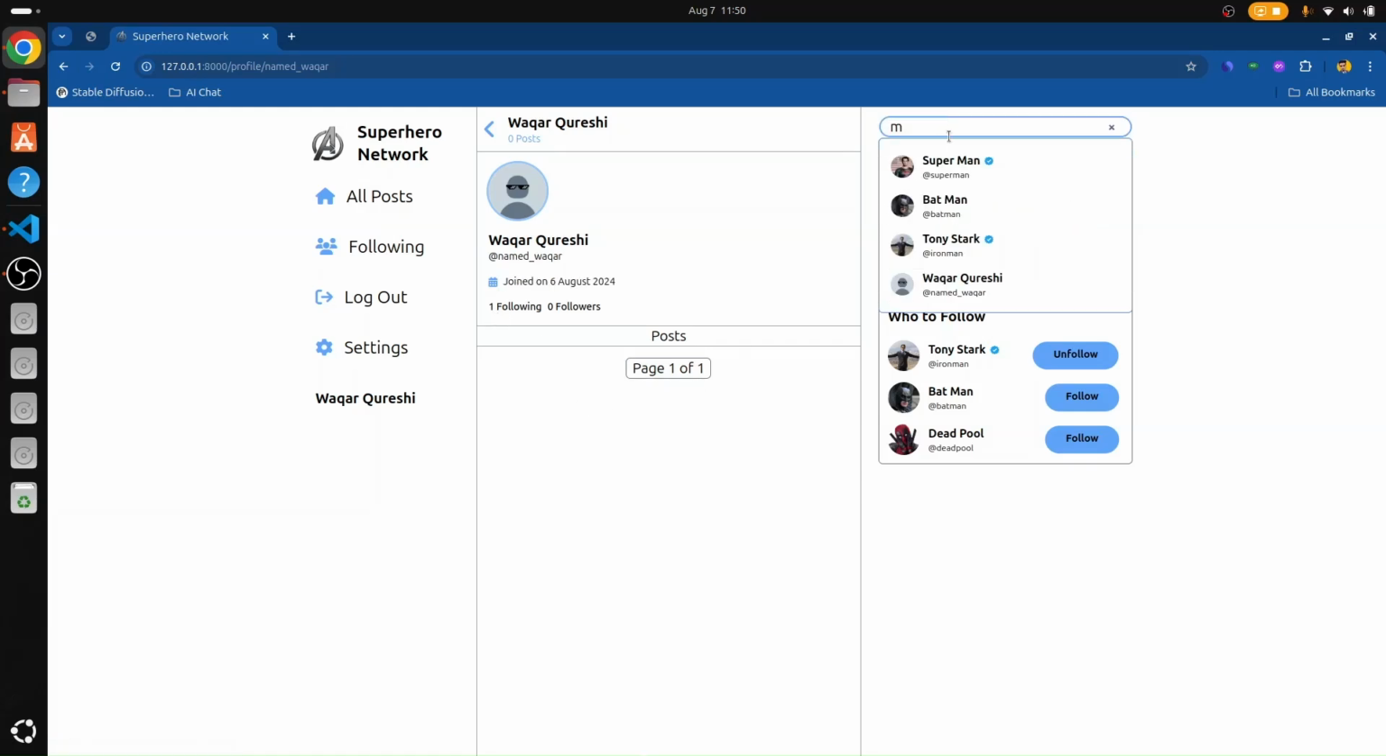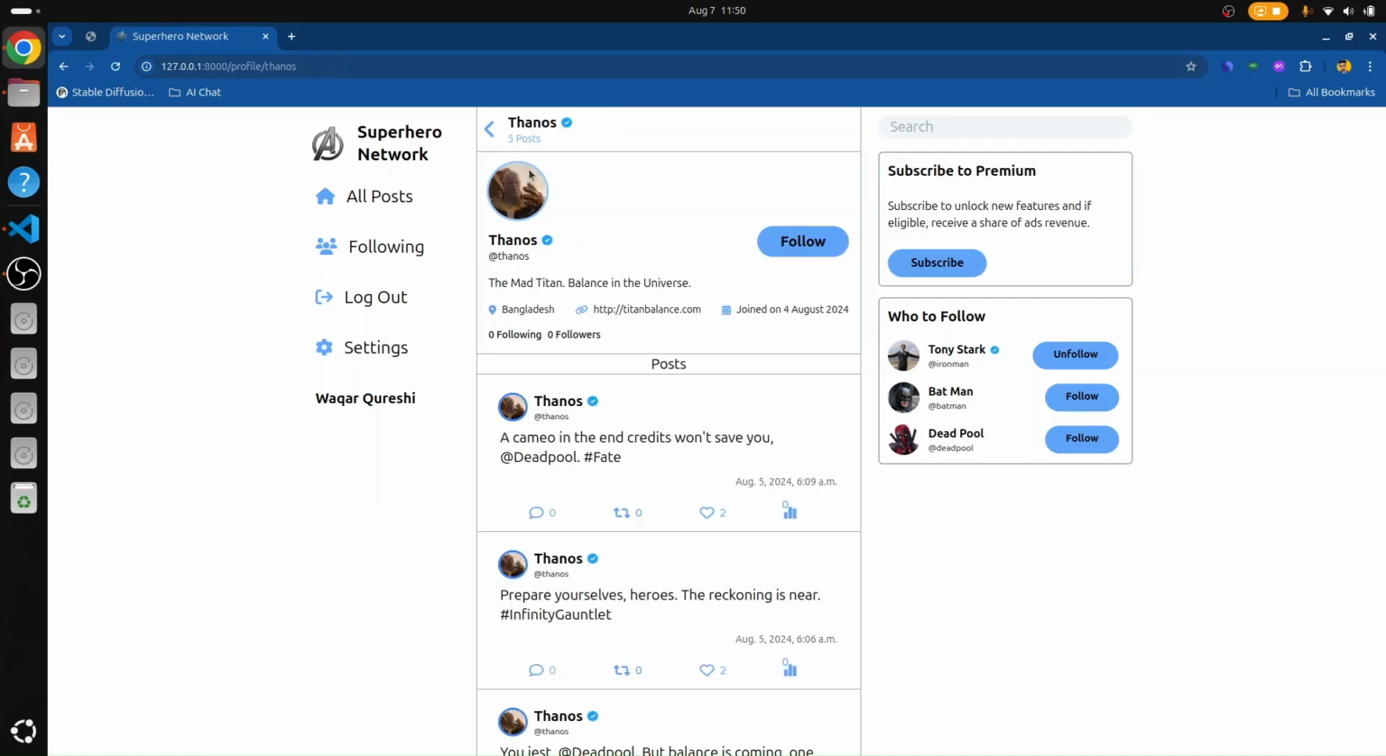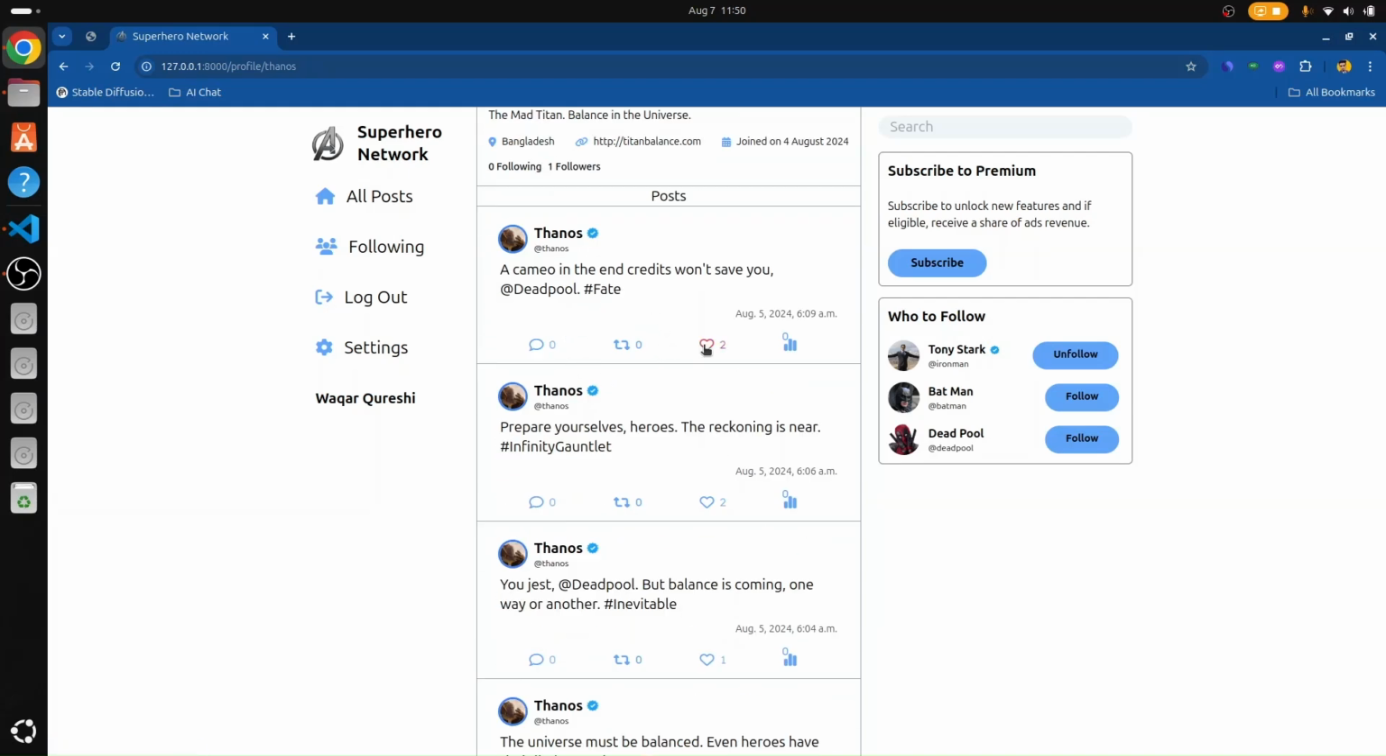I can also search from my search bar Superman, Batman, Tony Stark, and my own name. I can also search other people. I can see Thanos here, so I'm gonna go with that. And there are 5 posts by Thanos. His details are here. 0 following, 0 followers. I'm gonna follow him. Okay, he has 1 follower now. And the post that he posted,